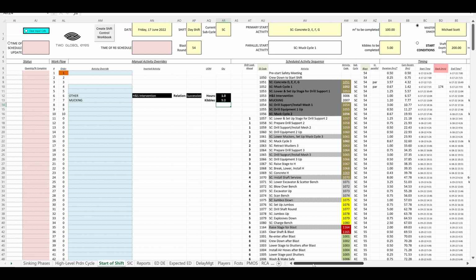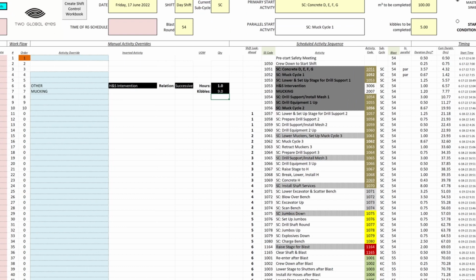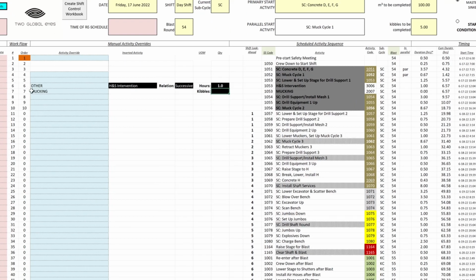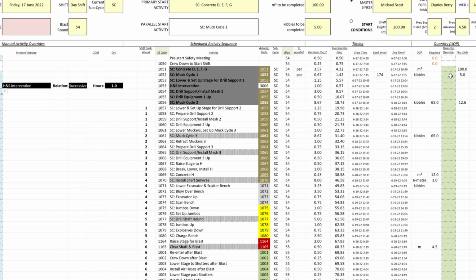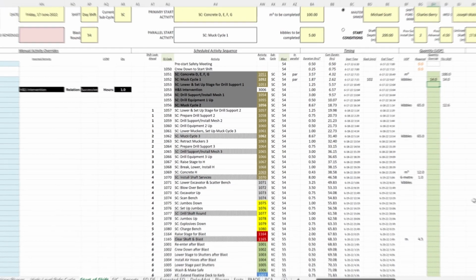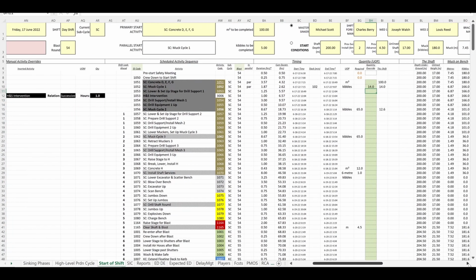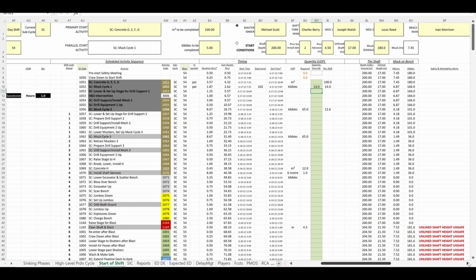This column shows the slack. Muck cycle 1 has the most slack, 174 minutes. So let's delete the inserted activity and use the quantity override to add the 9 kibbles to the existing 5 of muck cycle 1. That gives us 14. That reduces the slack to 102 minutes, but now we are more efficient because we've added 9 kibbles of muck